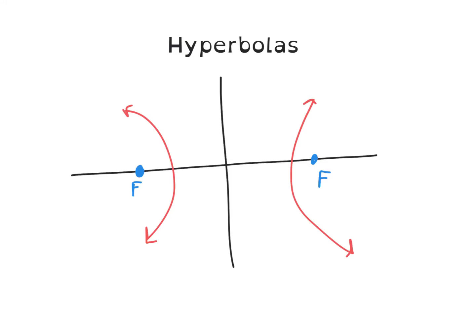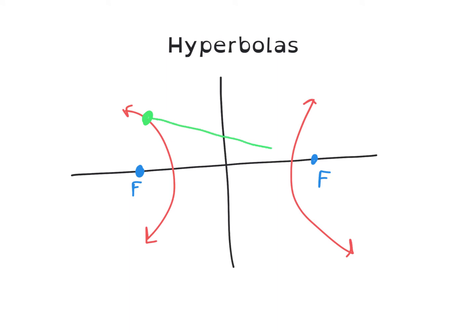Alright guys, so another conic section here, the hyperbola. It basically looks kind of like two parabolas, even though they're not technically parabolas. There are two branches, the red branches, and they each have a focal point, so there are two foci here. The definition geometrically is basically this. If you take any point on the hyperbola, let's say a point right here,